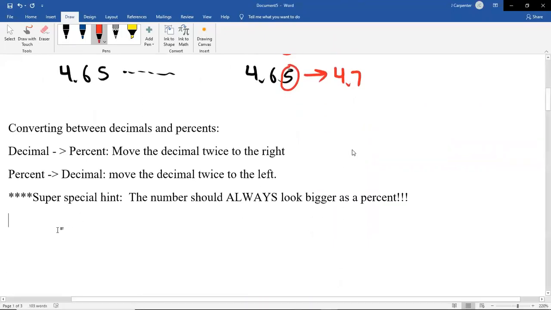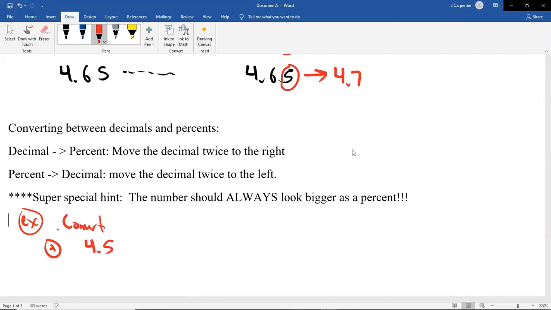So here's the idea. Let's say we said to convert. I'm just going to say convert so you know that it's going to be the other way. Let's say I gave you 4.5. There's no percent symbol, which means it's a decimal. So we take the 4.5. Now, I might be doing this right, I might be doing this wrong. I'm not going to say which yet. Maybe you think you're supposed to be moving it left, and if I'm doing it wrong, I'll erase it. So we'll put our 0 there because of the filler. So now it's 0.045%. This was the decimal, this is the percent.